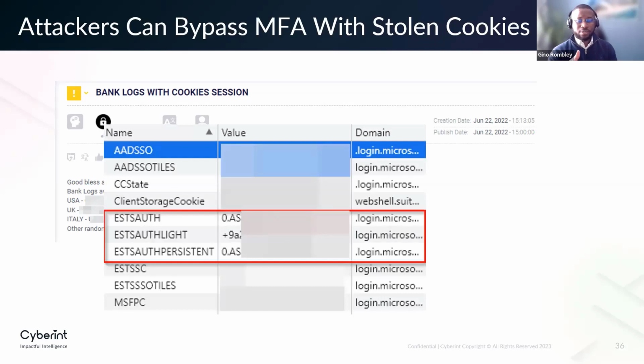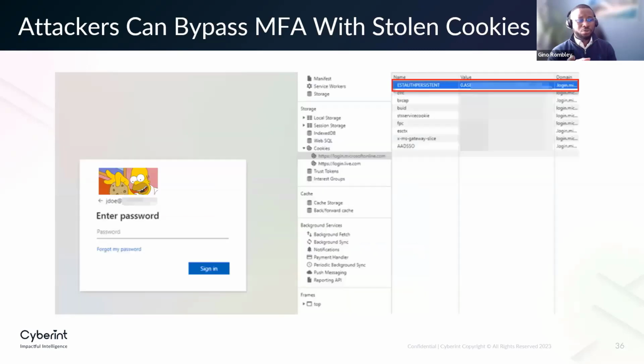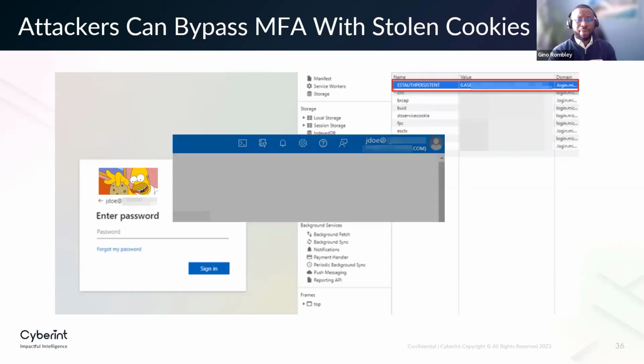So basically, if you log in to Azure and a hacker steals these cookies, what a hacker can do is go to the portal, in this example here, to Azure, enter the credentials, your username and your password, and inject the cookie inside their browser. And once they've done that, they are able to bypass MFA and they're in in no time. So there are security systems out there that have a cookie that can be persistent for 24, 48 hours, maybe even longer. And I know some people might say, well, we try to